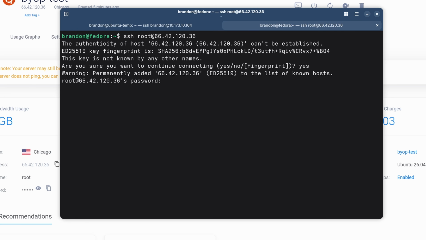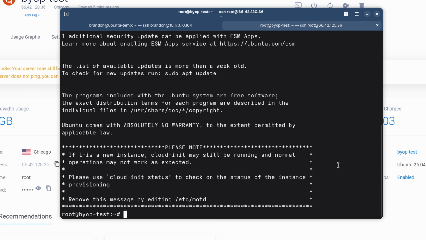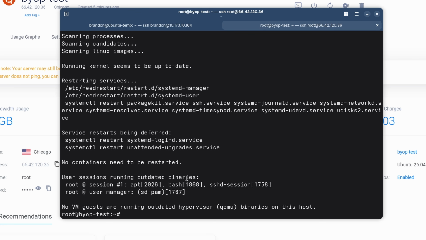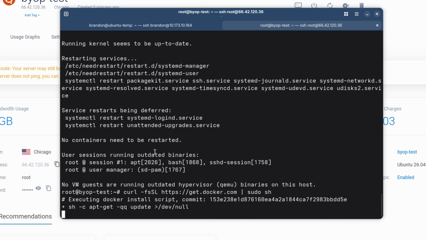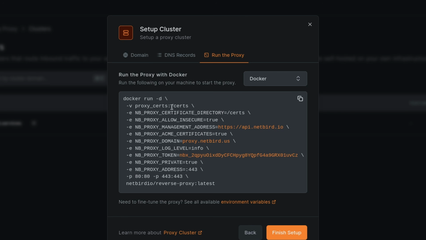Yes, this is my server, and then drop in our password. So from there, with anything, let's make sure everything's all up to date. So apt update, as well as an apt upgrade, and yes, do everything. I'm going to need to grab Docker, and while that finishes, we'll actually head over here and I'll show you